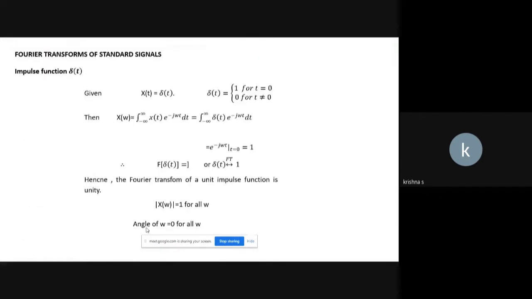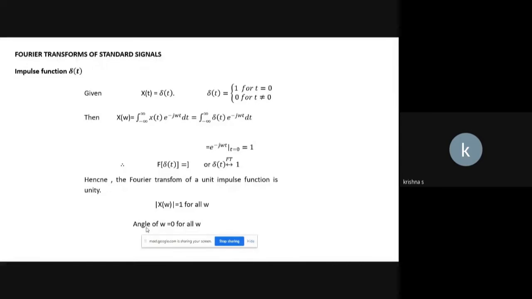So these are some examples of the Fourier transform, how you can find the Fourier transform of any signal. Here I am giving two examples. The first one is the impulse. Maybe so far you have been listening to lectures on impulse response and impulse systems, so impulse functions. I want to give this example for the Fourier transform.